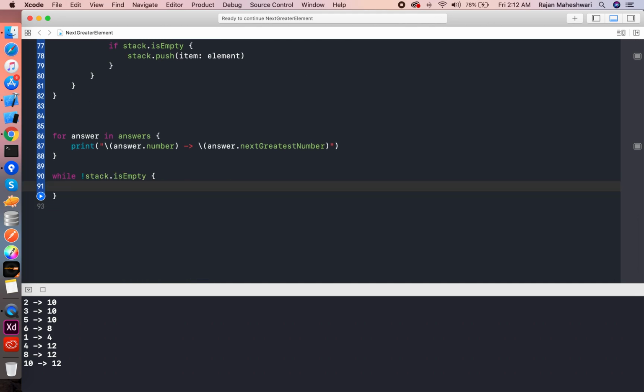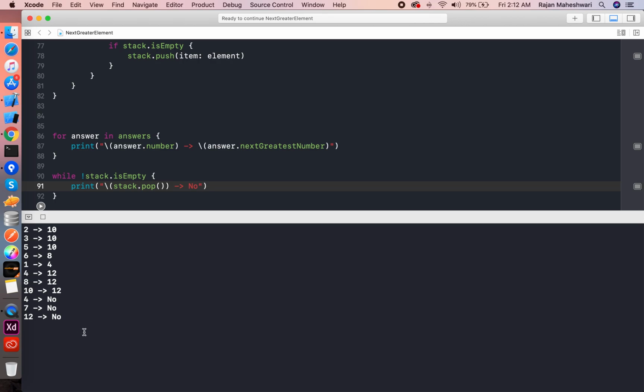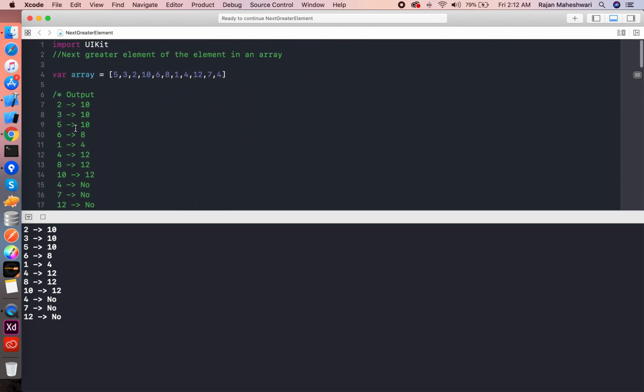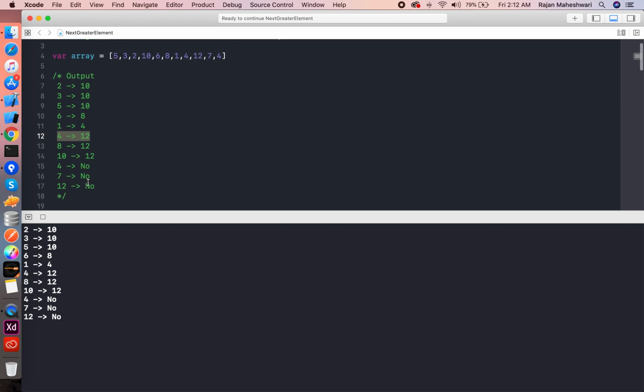I'll show you. Print the numbers are actually stack dot pop with a nil case. Stack is empty at the end, so this is our output. So we can now actually verify. 2 is 10, 3 is 10, 5 is 10, 6 is 8, 1 is 4, 4 is 12, 8 is 12, 10 is 12, 4 nil, 7